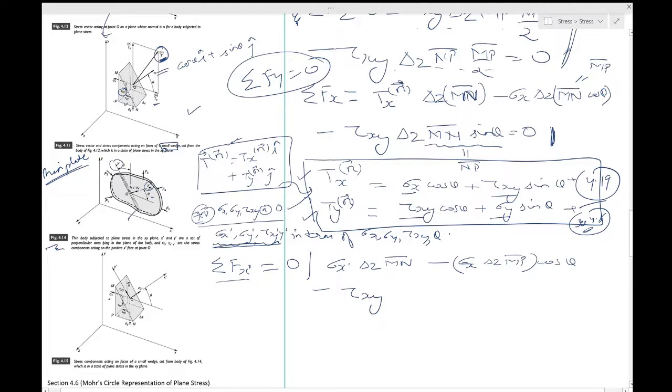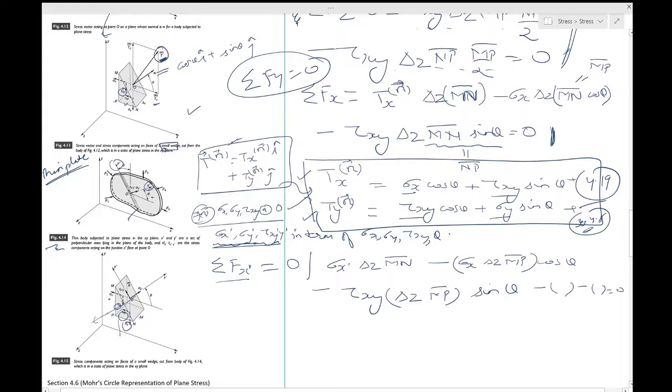Tau xy is over here, okay. You again use this one and multiply it by a delta z into mp again, okay. We are referring to this one, and you want, so this is the direction which you have, but you want it to be resolved in this one, okay. So this time you will have to use sine theta. Now again you repeat the same for sigma y and tau xy, and you should have a relationship, okay,